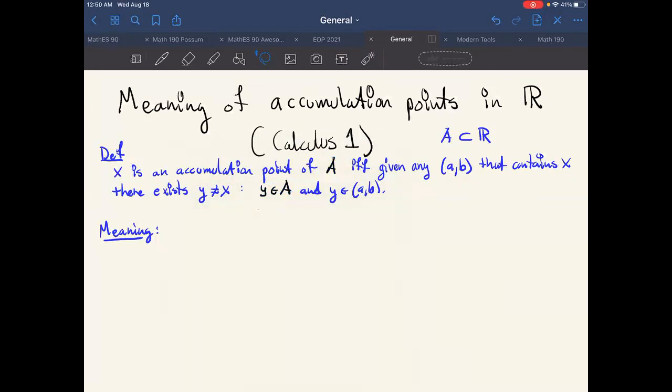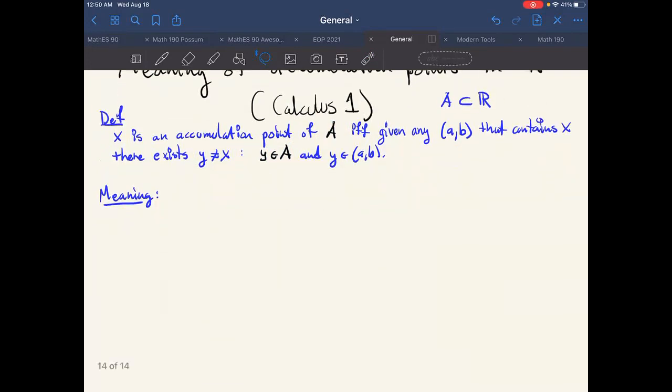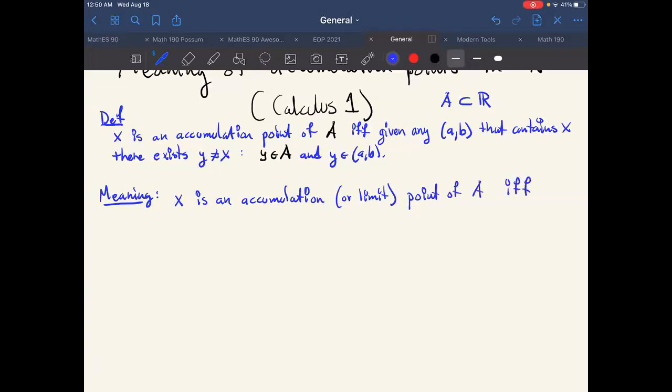So what is the meaning? The meaning is the following. X is an accumulation or limit point of A if and only if you can find a bunch of, I call them black points, a bunch of points in A